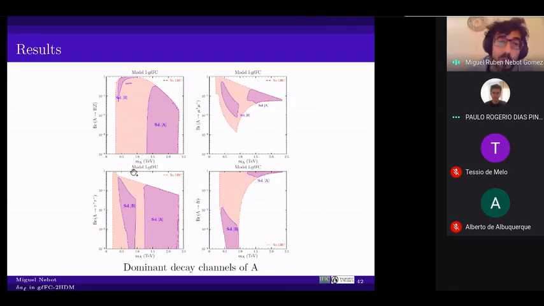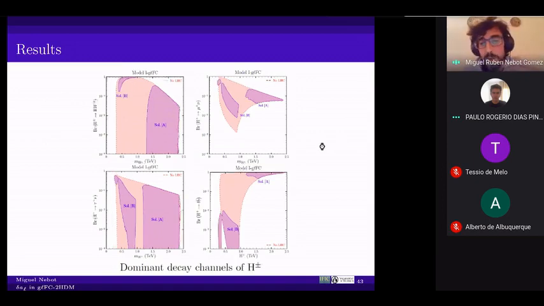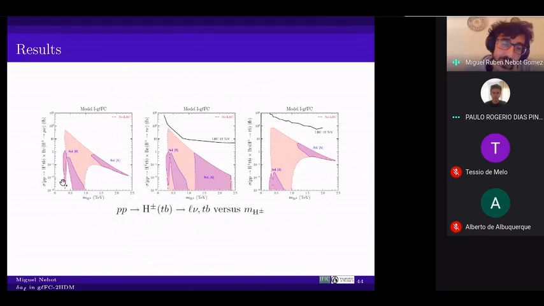Because your worry is that, since pseudoscalar production cross-sections are larger than scalar production cross-sections, you might run into trouble with this pseudoscalar. And this helps avoid that situation. This is for the charged scalar. And of course, there were also constraints for charged scalar production and decay, but as you see here, they were much less relevant since they are not even touching the regions in which one could potentially explain the anomalies.